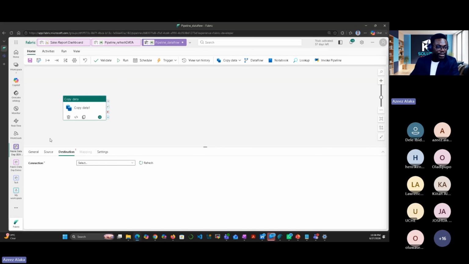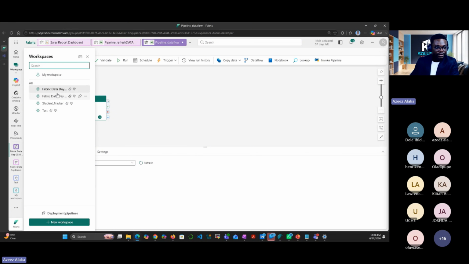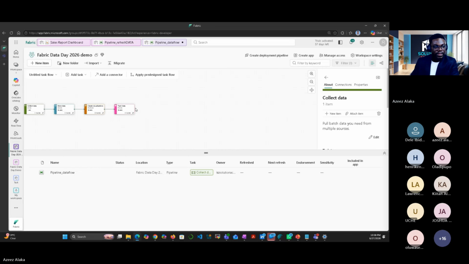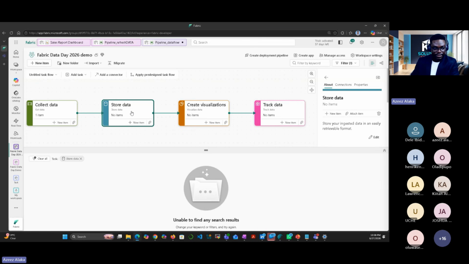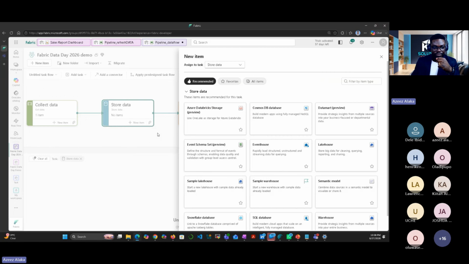So I will go back to my workspace. It's open here. It is a new workspace. Or I can actually come here and click on, where is the new one? The name looks the same. This is it. So I come to my workspace. Remember, we have created this. So we want to store it here. So let us create a lakehouse. Lakehouse is the storage place for it. I'll click on new item.